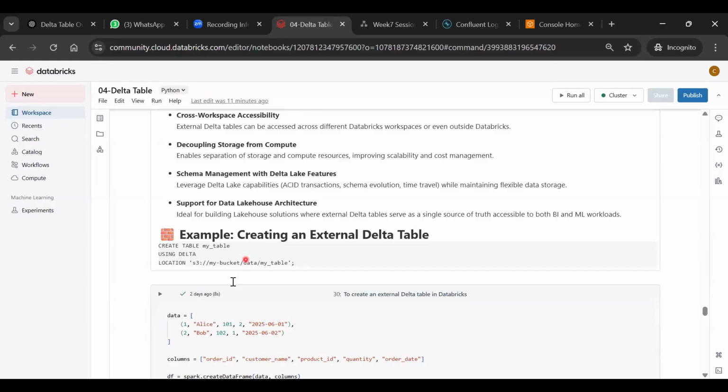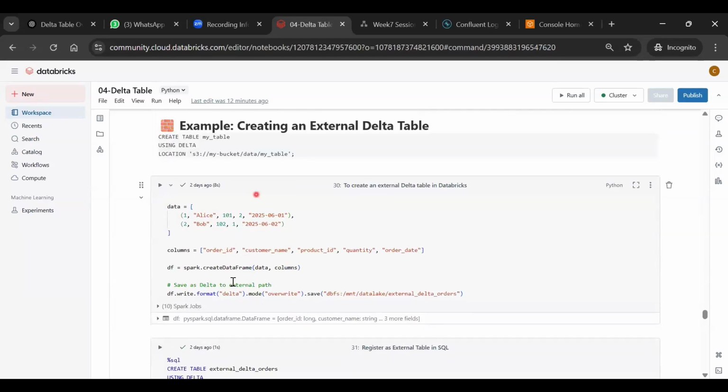It can handle your unstructured data with no limit, plus it costs less compared to your data warehouse, plus it gives you the capability of a data warehouse as well, the update operations and all, right? So let's create a simple external table. What I will be doing, I have this